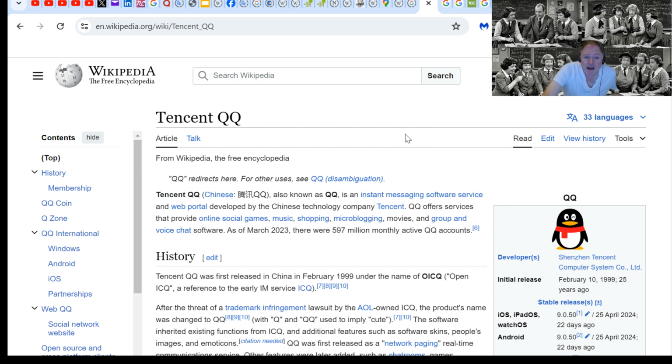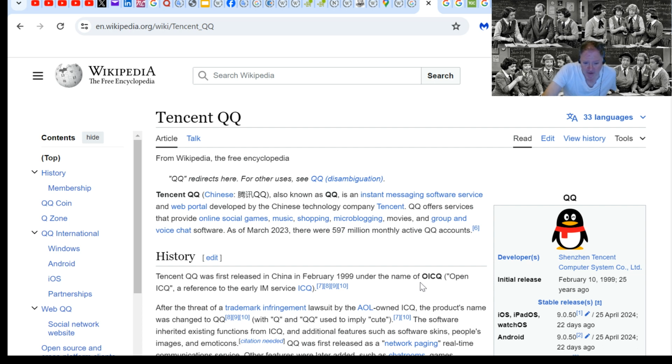Yeah, so some of you may not be aware that QQ is like China's oldest chat clone, if you will. They basically copied it from AOL back in 1999 and initially called it OICQ because